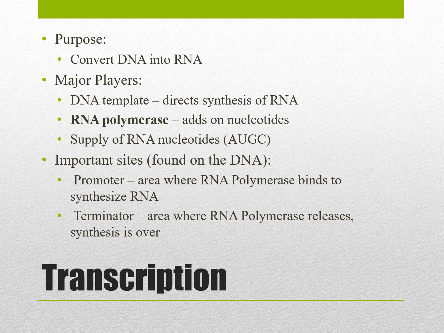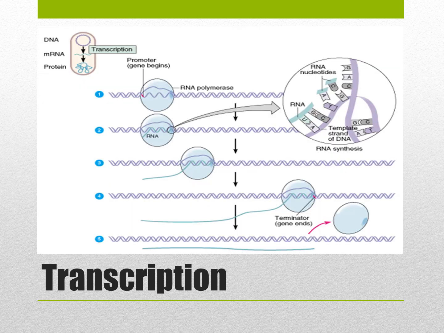Promoter, starting point, terminator, the ending point. Now here's an image showing us what's going on. I'll try and point out the important parts. So we have that promoter area, where we're going to start unwinding and reading the DNA to make the RNA. So we have the RNA starting to be made here, and that is that little teal line, and we